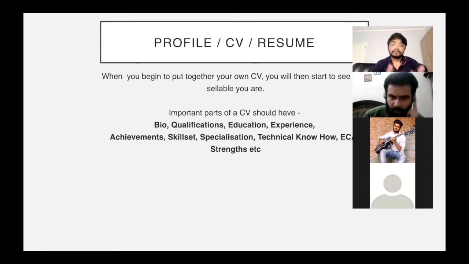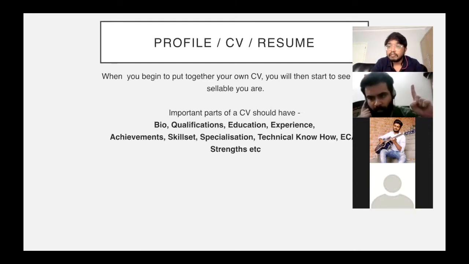Again, your skill set. What are you good at? If you are a singer and you play the guitar, or you are a musician and you produce, you do audio engineering, or you dance, or you're good with computers, you do programming, all these kinds of things add to your specialization. Your technical know-how, if you can operate consoles, if you can,